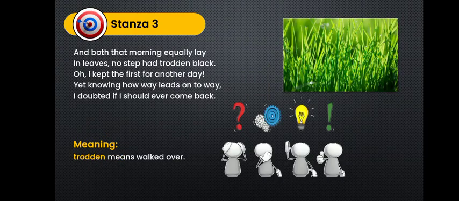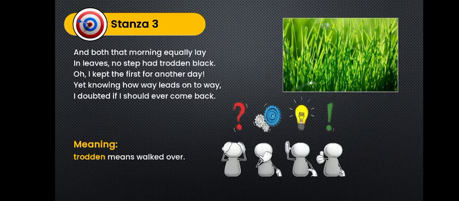In leaves, no step had trodden black. Here, trodden black means walked over. When a path is walked over and a path is full of leaves, then the leaves, after being stamped down, get into black shade. That's why the poet says, in leaves, no step had trodden black, meaning no person had walked this way. That's why there are no black leaves